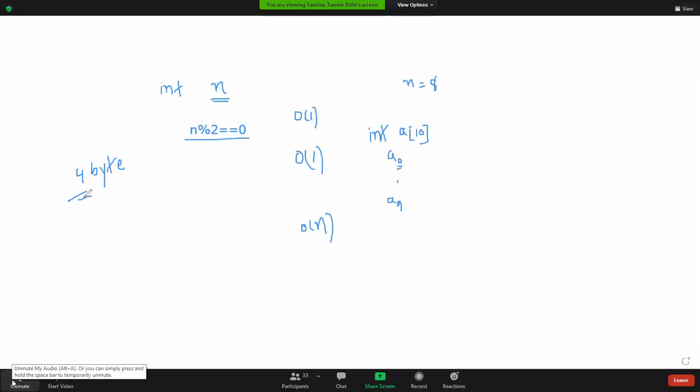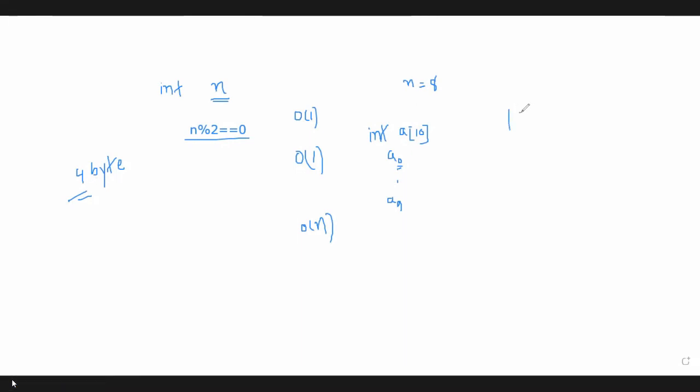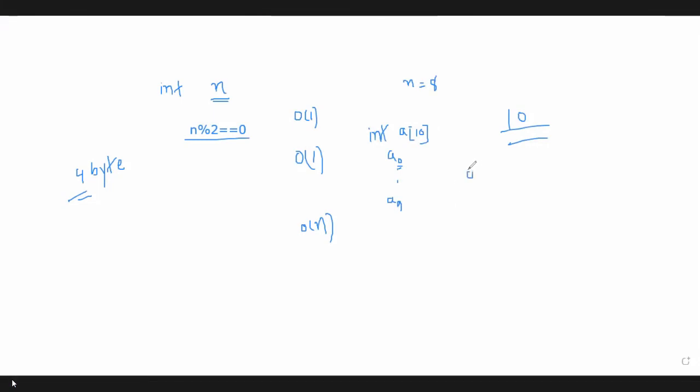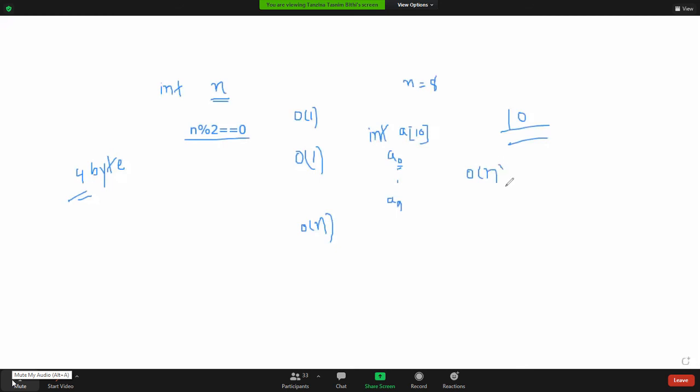In this program, the program took how many memory locations? Only one memory location, but now this array variable needs 10 different memory locations, right? Yes, ma'am. So at that time, what will be the space complexity? Order of n. It will be 10 times. For the array, the space complexity will be order of n.